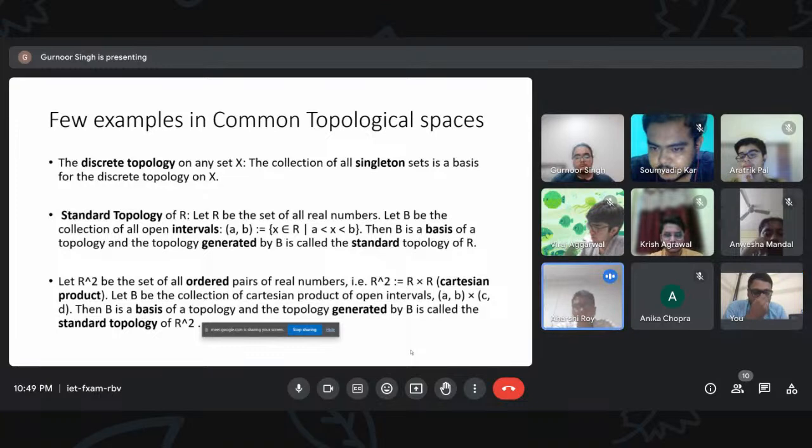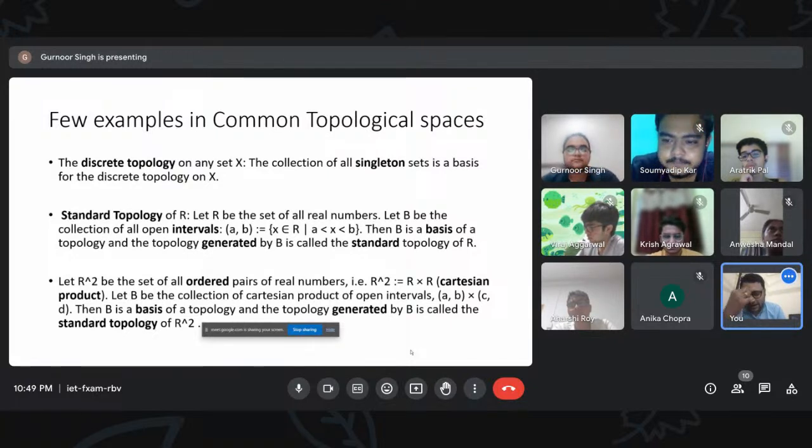Yes, yeah. Okay, that could be a basis, but then that would generate the entire power set of the set, and that would be a topology, but it would be a trivial one. Yeah, it is not an interesting topology in that sense. So, for example,